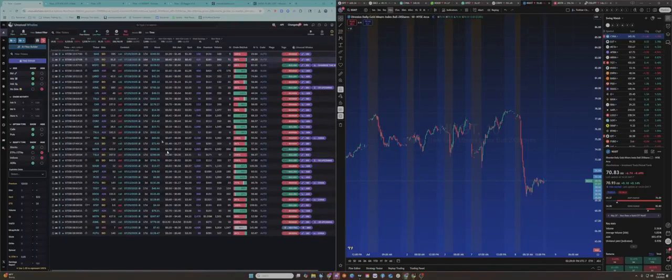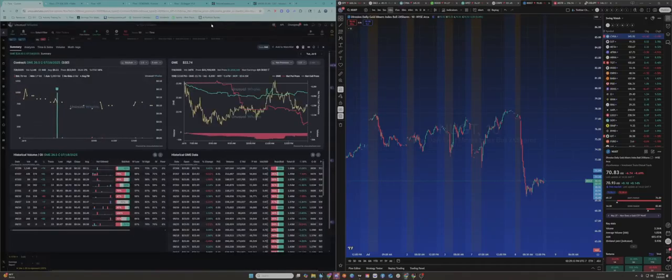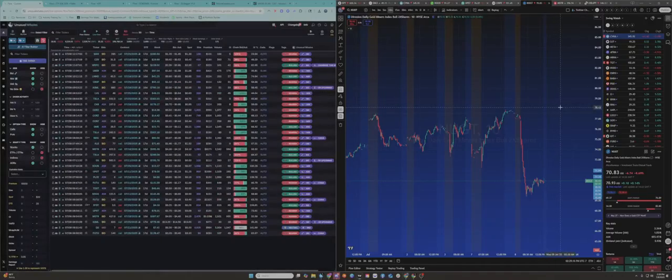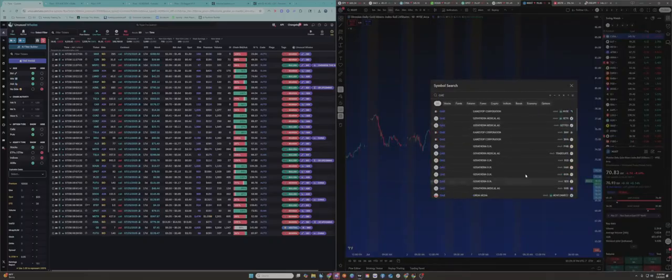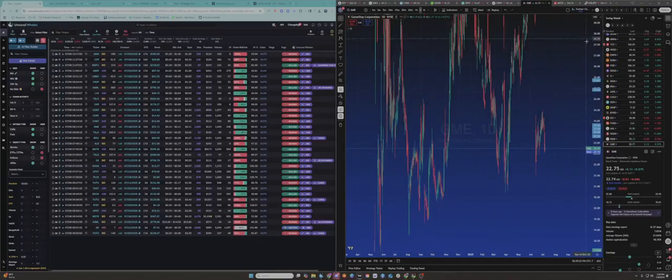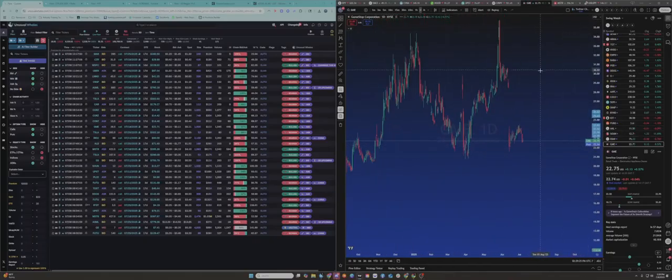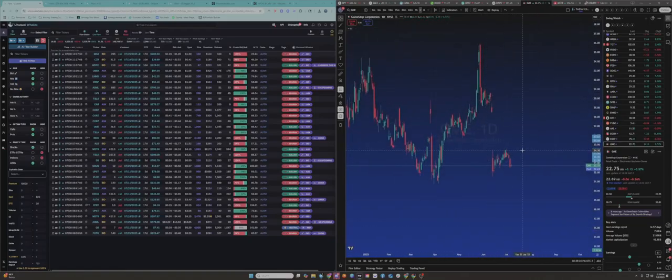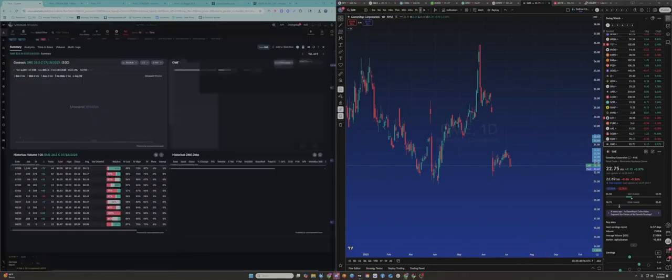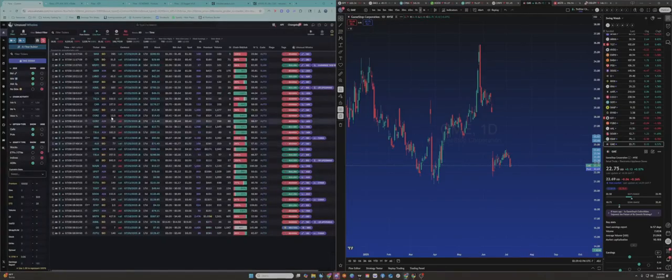So right off the bat, we see some interesting stuff here. Even these sold to open positions are interesting to me. So first off, right off the bat, this one's interesting. GameStop, 26.5 calls. So we can come over here, pop open our chart, just see if there's anything right off the bat that looks interesting. I'd say that looks pretty interesting. Right off the bat, big gap down on the daily, and the gap starts at above 24.40 here. So right off the bat, we can see, okay, this might have some merit. So GameStop here, note that one down.